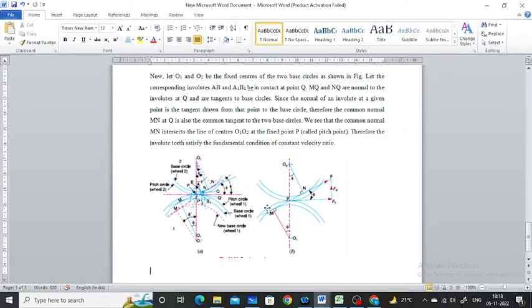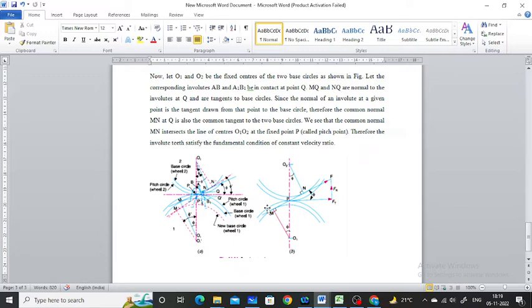But in cycloidal teeth, the pressure angle is maximum at the beginning of engagement, reduces to zero at the pitch point, starts increasing again, and is maximum at the end of engagement. This results in less smooth running of gears. Number three: the face and flank of the involute tooth are generated by a single curve, whereas in